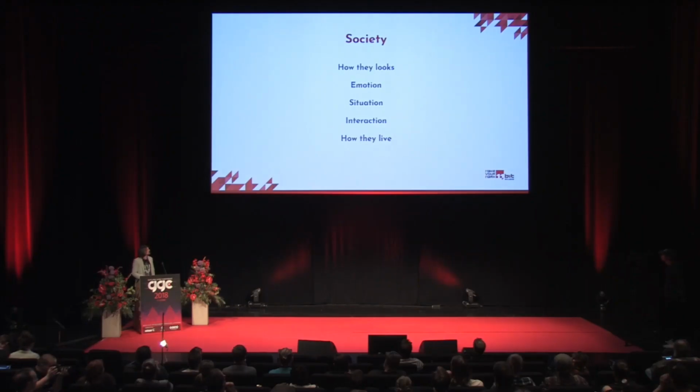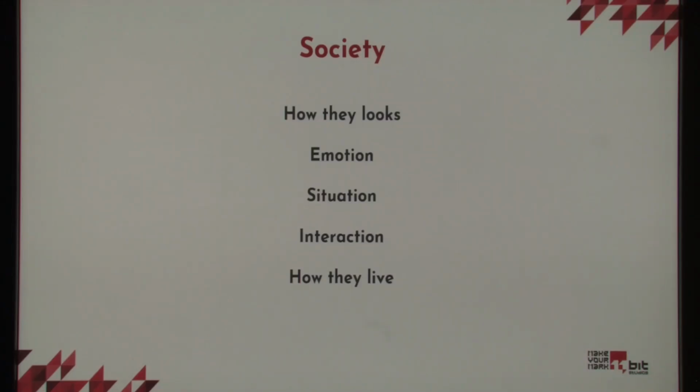So what we really wanted to show in our game is society from the inside. How do we get it? We focus on these main points. First, how they look. These are people from the Victorian epoch with a specific style of steampunk technology and thick, covering clothes. Emotion. This is the last city on Earth, and they want to survive. So what kind of emotion do they have? What kind of emotion should we show?